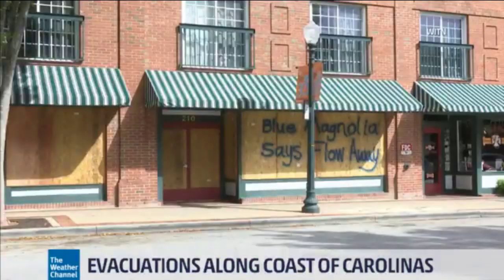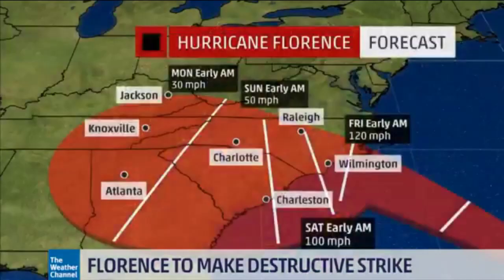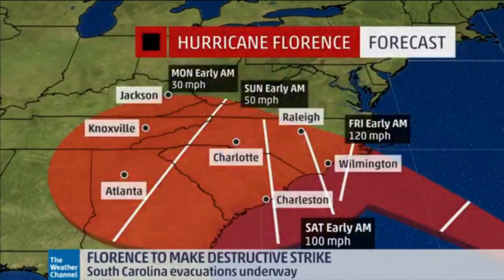If you look at the cone with this system coming in towards North Carolina, South Carolina, we are going to see, especially those coastal areas, under a mandatory evacuation. That's where, of course, you are going to really have to heed the warning. There are some areas that are under voluntary evacuation. So know your zone,